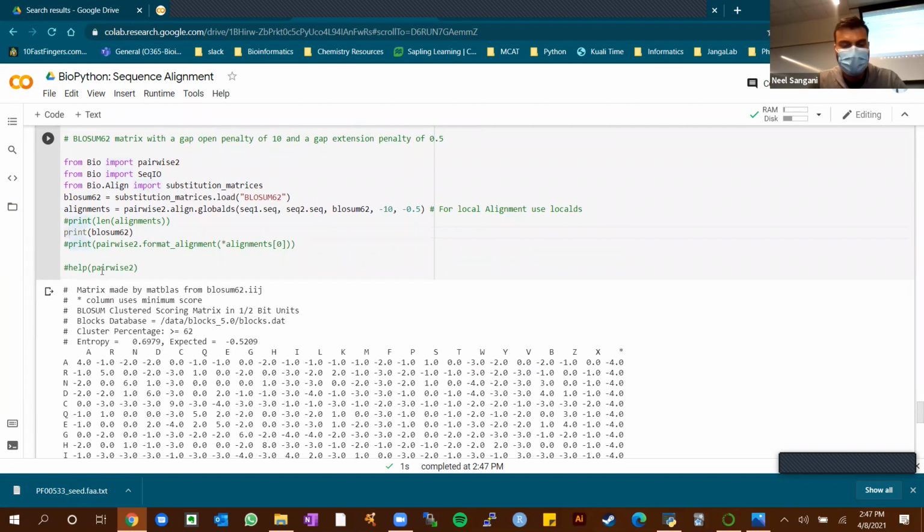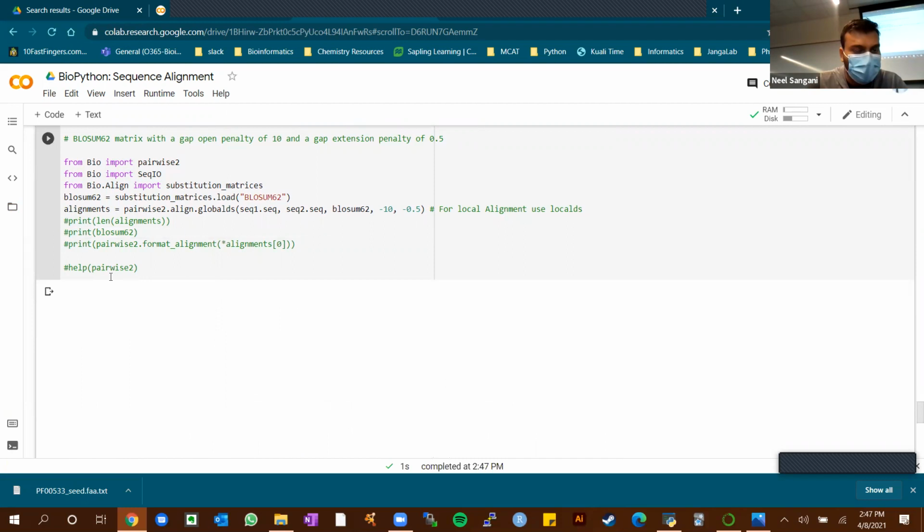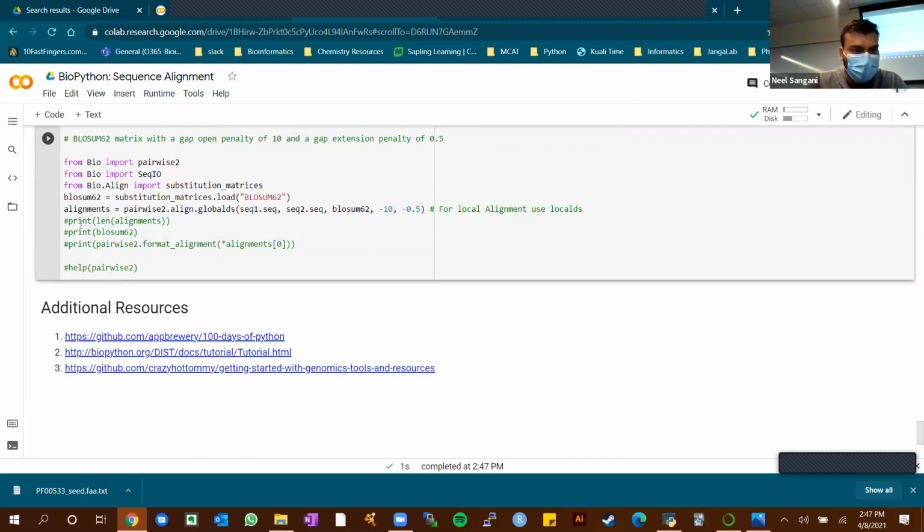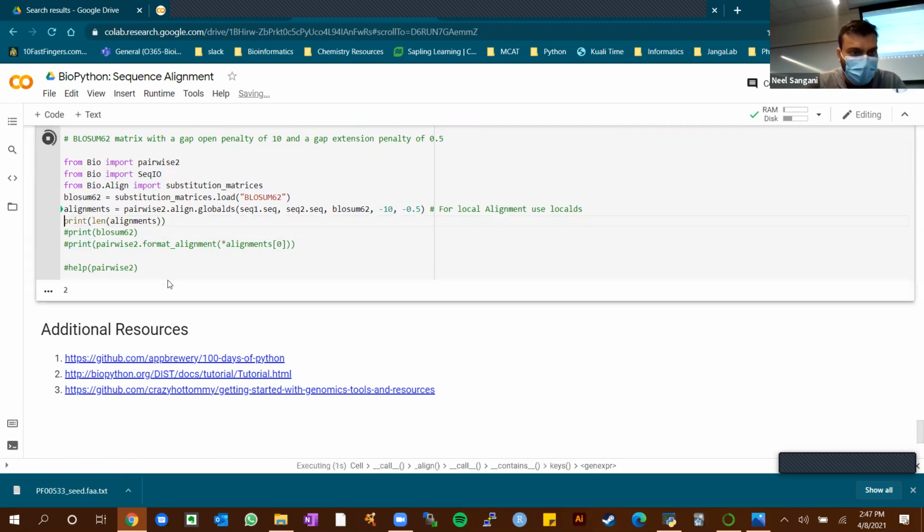If I just go for anything, that should give me nothing. Perfect. If I just want to do simply the length, let's just do length. So 2, yeah, there are 2 sequences, alpha and beta. BLOSUM62 was giving us the matrix, and now we're going to do the alignment using the